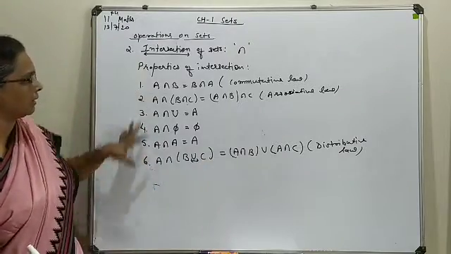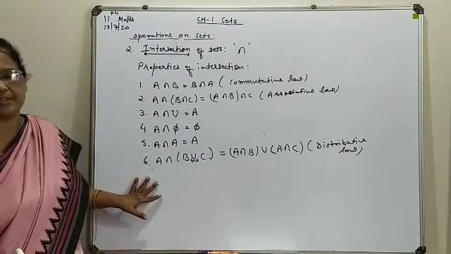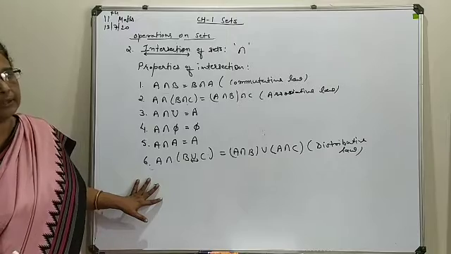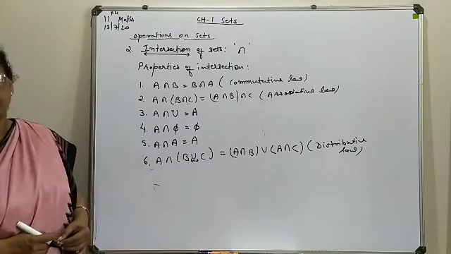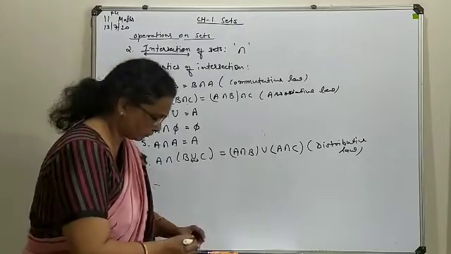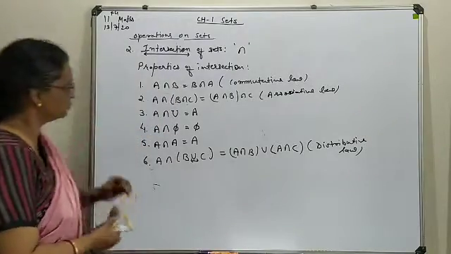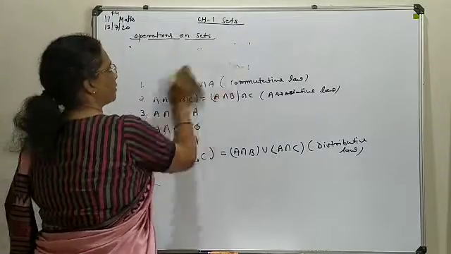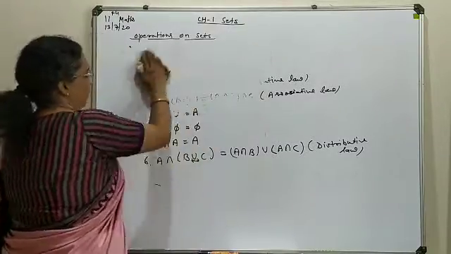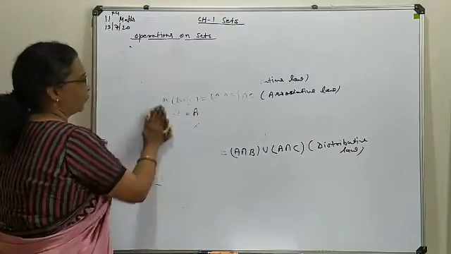So this way, these are the basic properties associated with the intersection of sets. Now we look at the Venn diagram in which intersection will be clearer, with different combinations. We try to understand the intersection form.